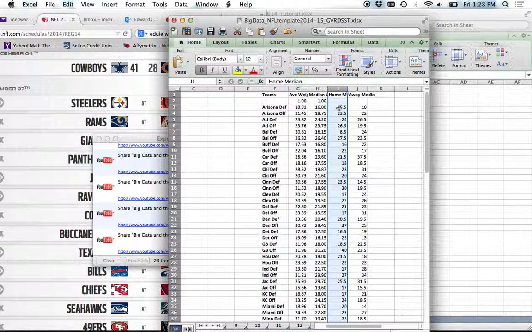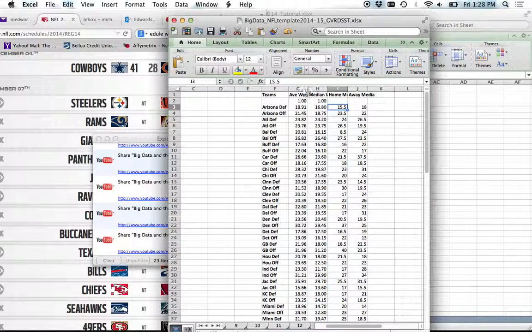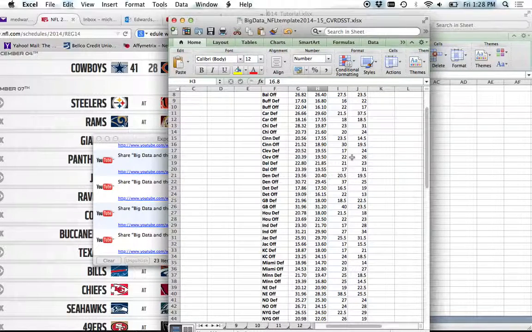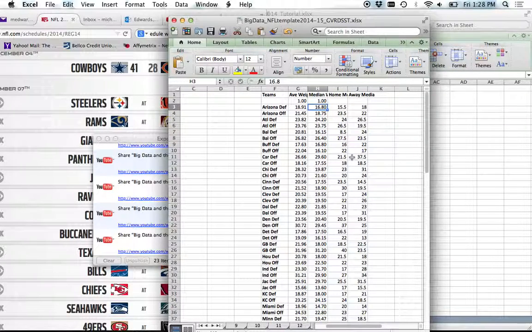So this is what the team normally scores. If we look at its normal median, Arizona defense, if you take their entire season, they're typically allowing 17 points a game. At home, they allow 16. Away, they're allowing 18. And you'll see that, and it's more pronounced with some of these teams. Some of these teams play much better at home versus away. Some teams, it's not both the defense and the offense. Maybe it's just the offense itself.